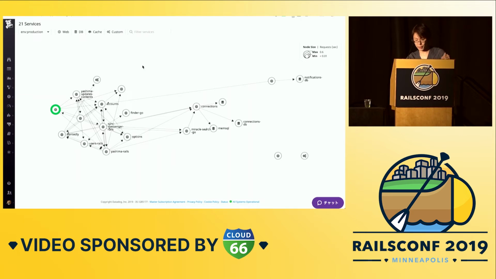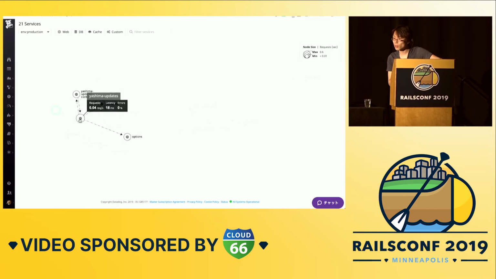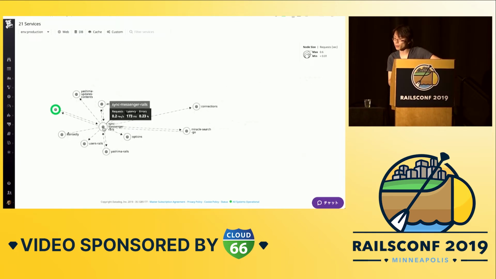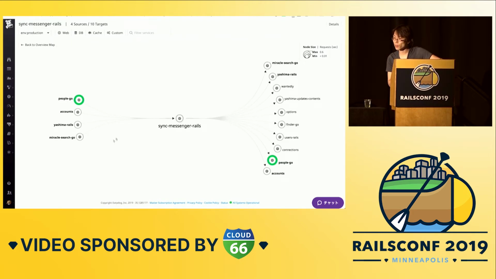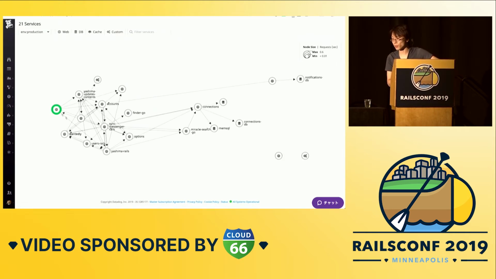It's dynamically generated from real data. If you click any of those, you see dependency of each component or each microservice. And if you inspect, you see what the upstream dependencies are like, and what the downstream dependencies are like.